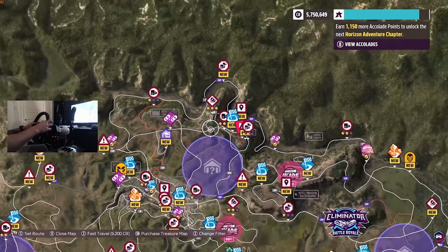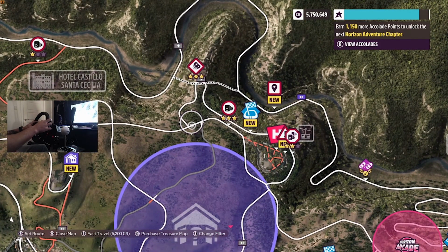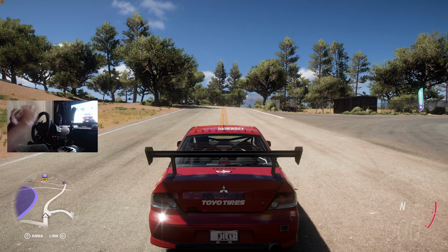So zoom out here, as you can clearly see where it is. If you don't have drift zones unlocked, it is here. Alright, so once you have spawned in, there are a couple things I want to go over really quickly before